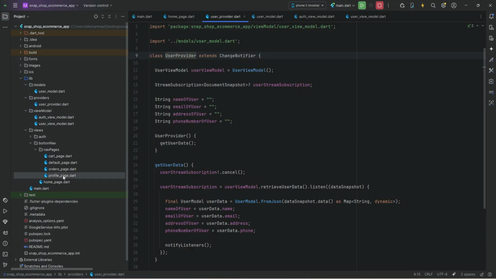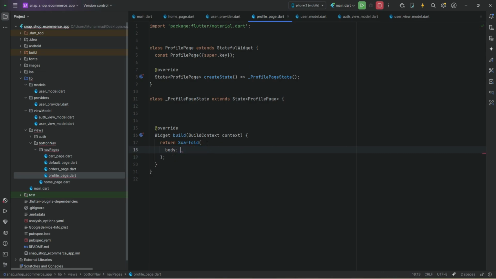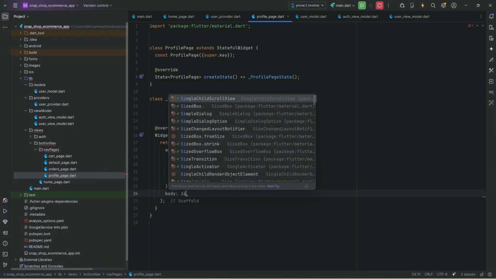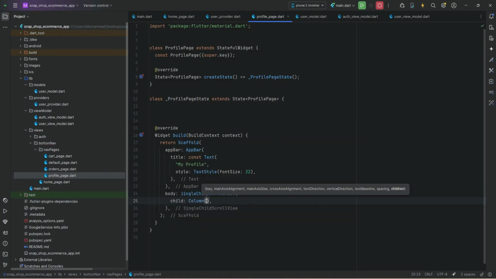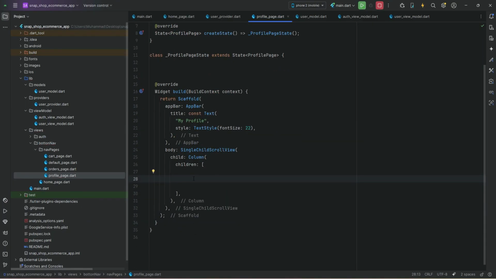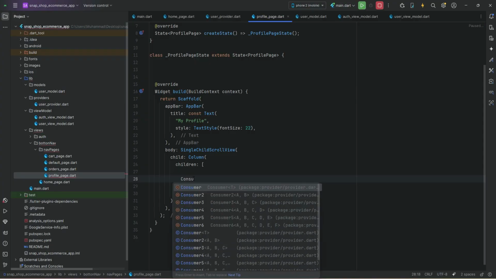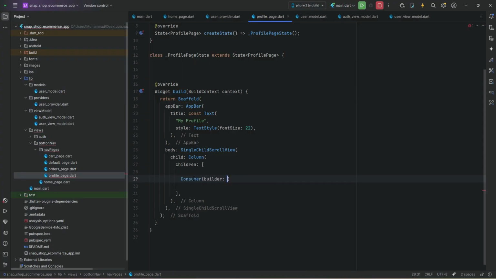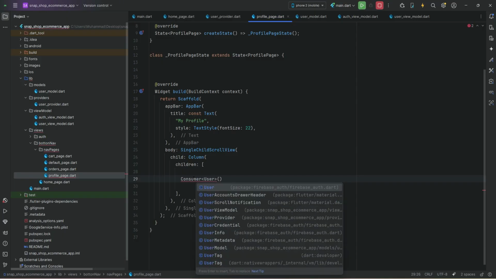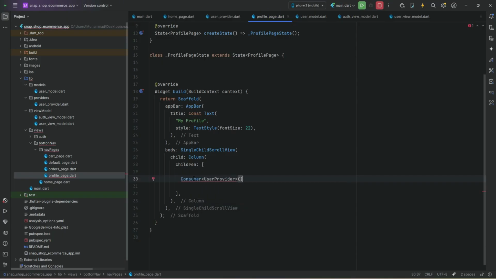For example, now on the profile page, using provider, we can say consumer, and the consumer is for the user provider, builder context user child,